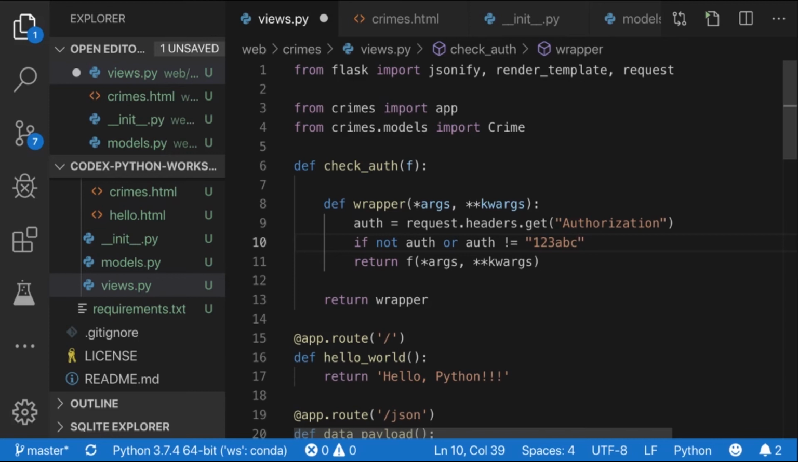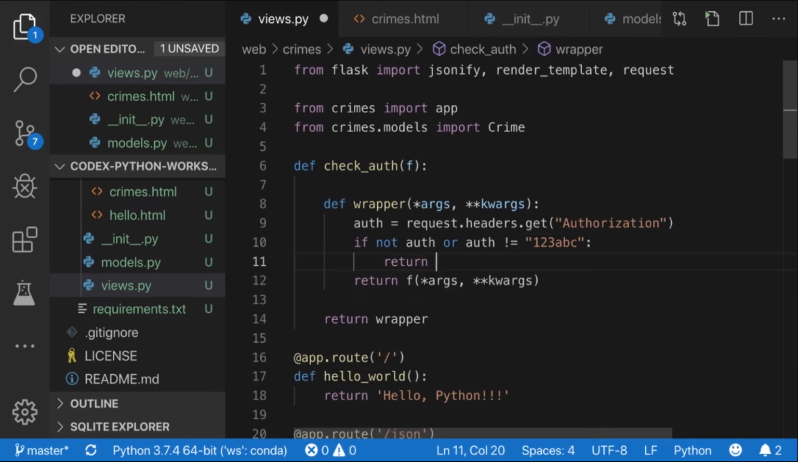Let's just say that this is a static token for accessing the site, just to be simple. It can get a little more complicated when you have individual user tokens, but the same function would work. The same decorator style syntax would work. We can do return jsonify, and let's just create an error of